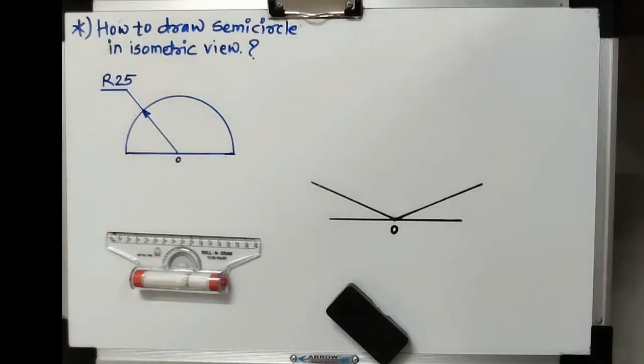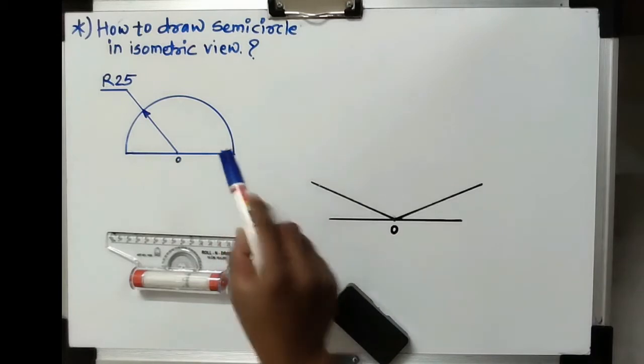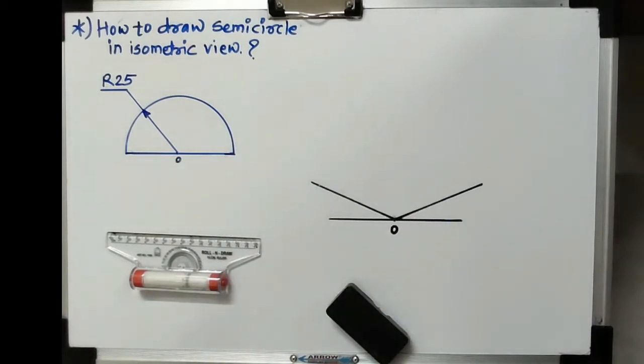In this video I am going to explain the procedure of drawing the semicircle in the isometric view. I hope all of you have seen my first video, which is about how to draw the complete circle in isometric view. Now in this video we are going to learn how to draw this semicircle in the isometric view. And the second thing that I think all of you are aware of is the meaning of isometric view, because the chapter is called isometric projection.